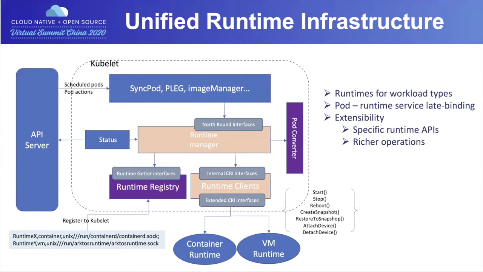The runtime registry provides getter APIs to the runtime manager to get the desired workload based on the pod workload type. Each runtime service for a different workload will require a different spec for the workload types. The pod converter is an adapter for type conversion between actors and runtime services. In a nutshell, it translates the VM pod definition in actors to the desired spec that the remote runtime service